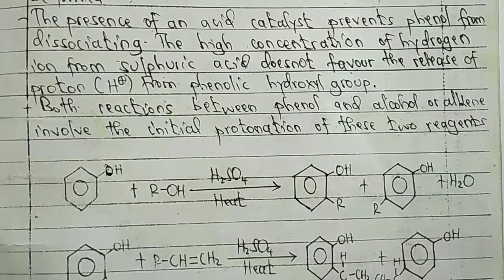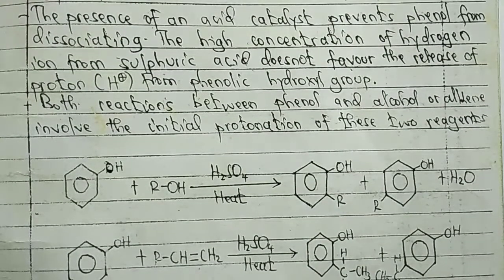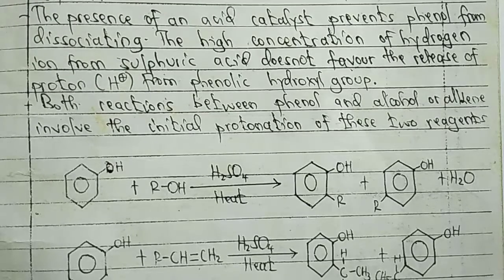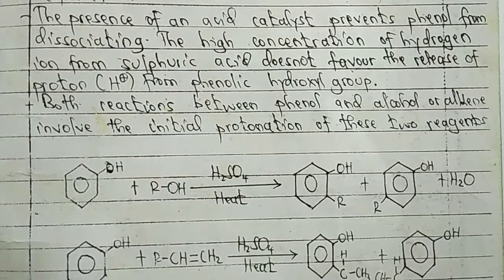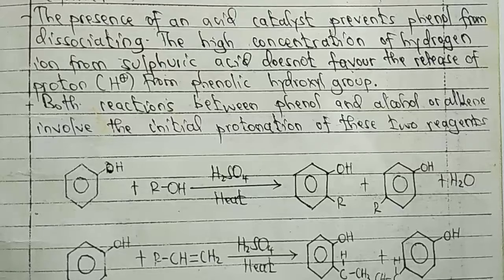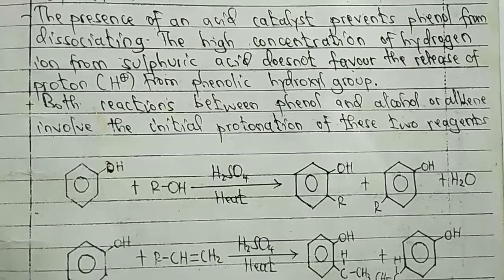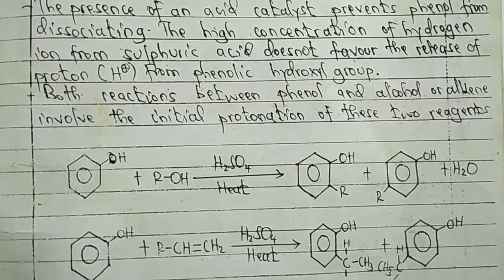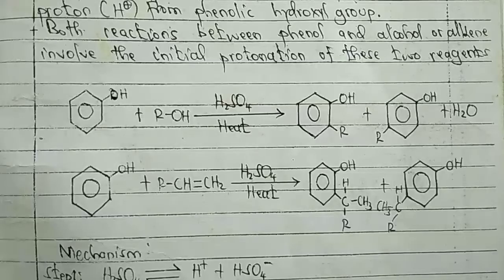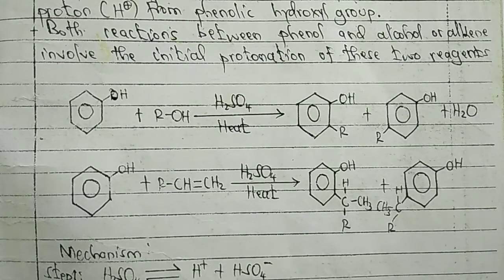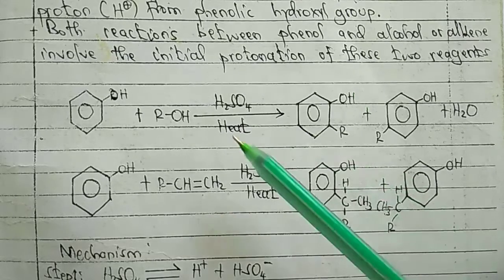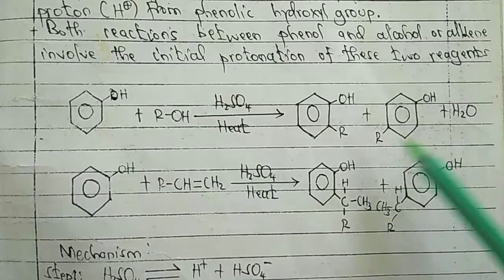Both reactions between phenol and alcohol or alkene involve initial protonation of these two reagents. Yani tunaongeza proton, initial protonation tunaongeza proton. Kwa hiyo kwanza hatureactishi na haloalkane, tunareactisha na either alcohol au alkene. Alcohol au alkene in the presence of sulfuric acid, sio in the presence of Lewis acid as how it was expected in the benzene. So for example, unaweza kuona alkylation ya yule pale tunapata huyu hapa na yule pale, or